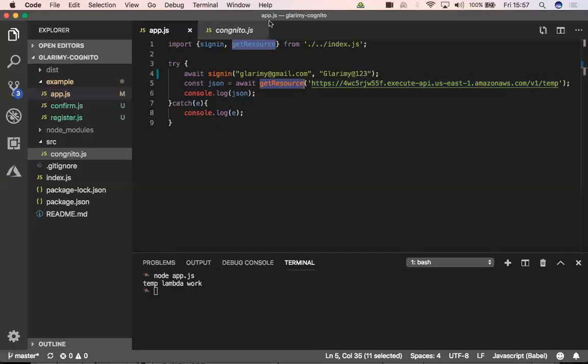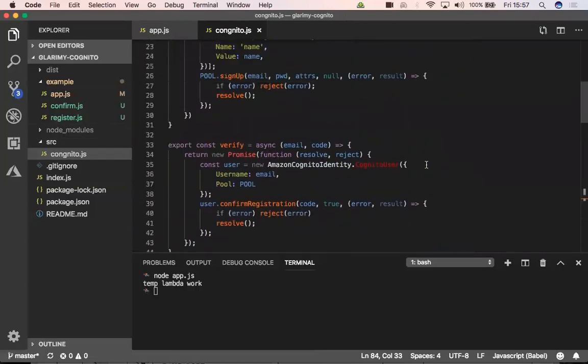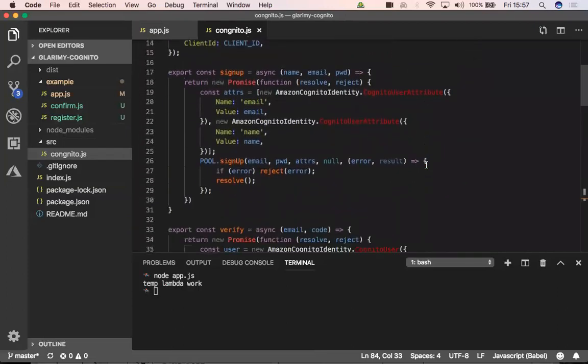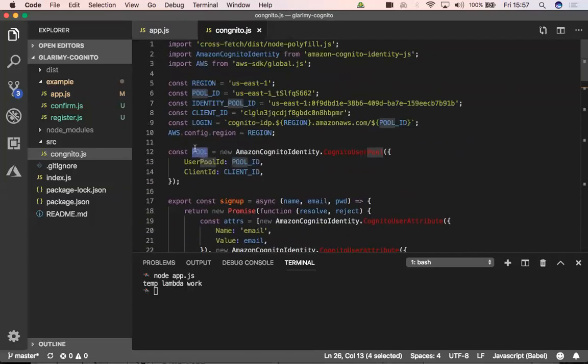So now let me show you what is actually happening behind the scenes in the Cognito.js. When we say log, in these cases, it is straightforward. Sign up is very simple. When you are signing up, it is asking the user pool, that is the Cognito user pool. What is this pool object? Somewhere here I have created. How is it created? By providing the pool ID and client ID.